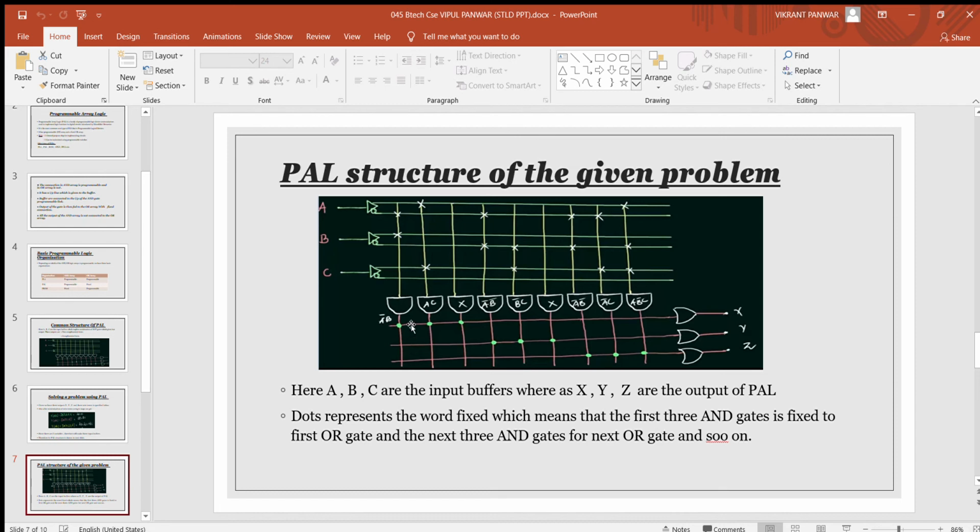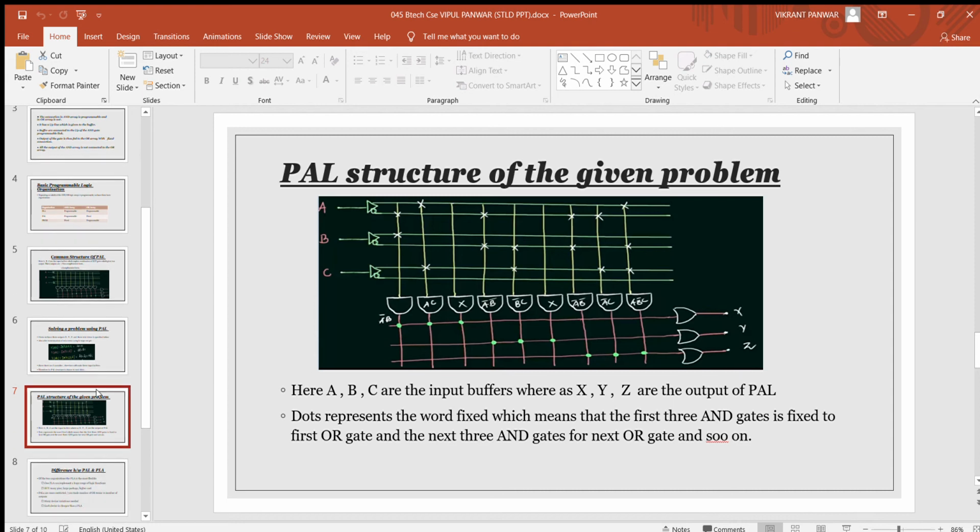And hence, as I said earlier, these three AND gates are connected to the first OR gate, these three AND gates are connected to the second OR gate, and the last three AND gates are connected to the third OR gate, and this X, Y, Z is the output that we get from the fixed